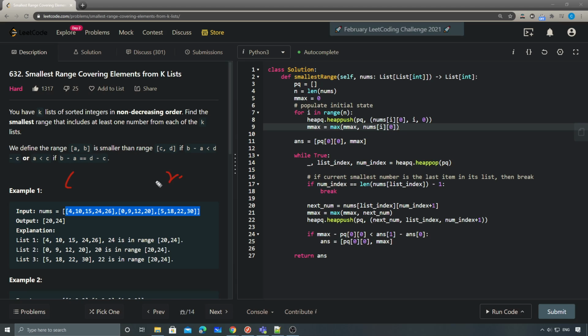To do that, besides the number itself, we also need to maintain the index information, so that we know how many lists we have included in the current sliding window, right? We only update our values whenever the current sliding window